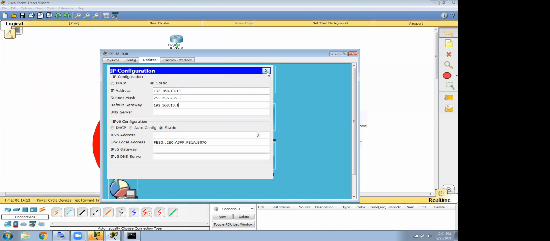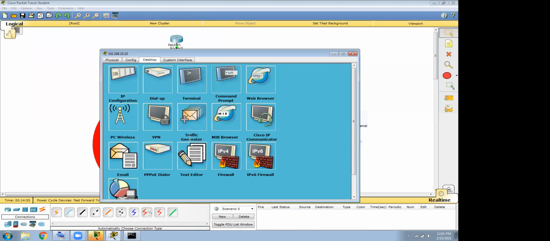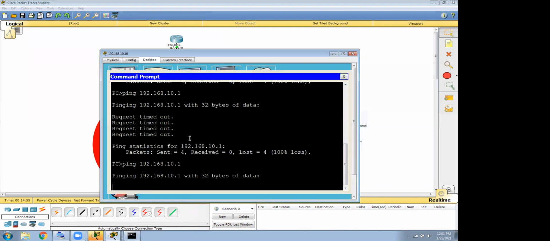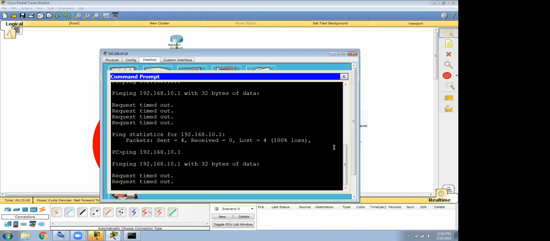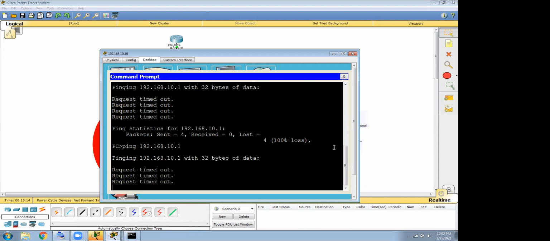So here you need to define the gateway, 192.168.10.1. This is my gateway. Now can you try to ping? The first few packets will always drop because the ARP entries will happen. The switch and router will try to learn the ARP, and if it still does not ping, then we need to troubleshoot.